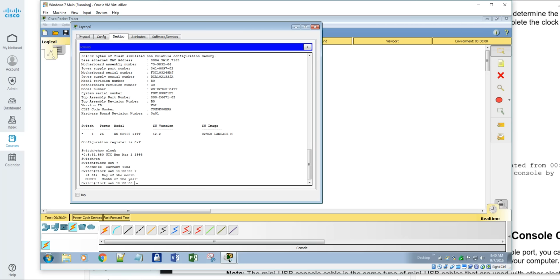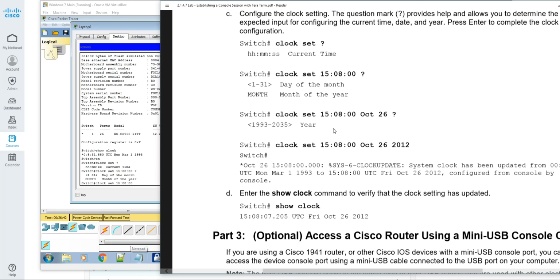And then we space, question mark, and that's going to tell us what we can set next. Now the question mark is saying what commands we have available to us. And so now we have these commands available to us, and that's a little bit more than what we had on this version that is showing here. Or let's see, yeah, month and year.